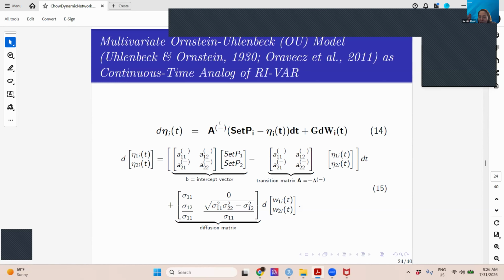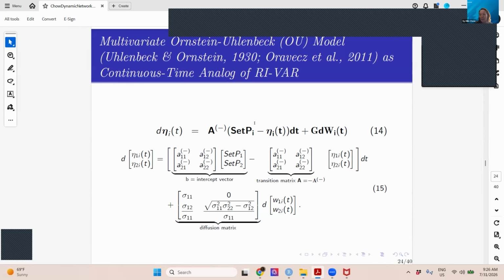And this minus sign highlights the fact that when we go from discrete time to continuous time, the sign in this representation got reversed. In discrete time, I wrote this as eta t minus set points. If you want to turn this continuous time equation, which gives a change, into discrete time, we have to write eta at time t as a function of eta at time t minus 1 plus the change. The change gets attached to the second part, which reverses the sign. So now I write it like this.